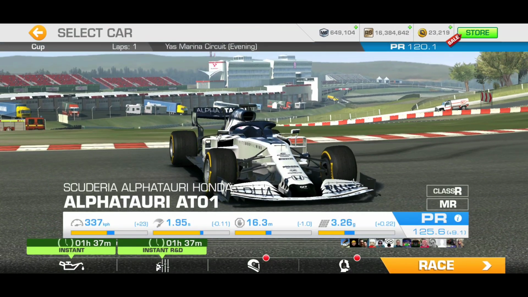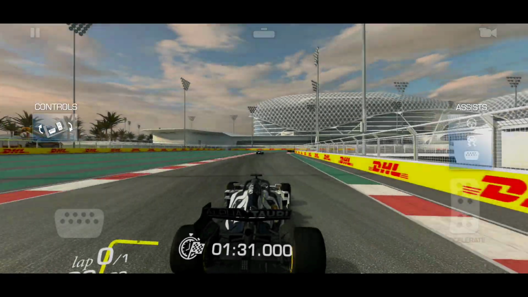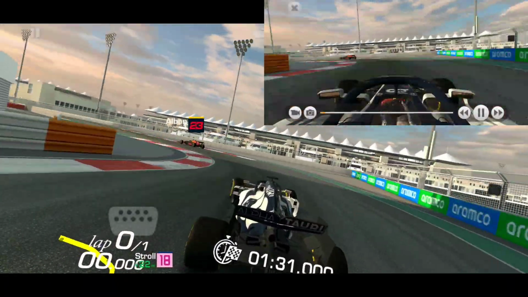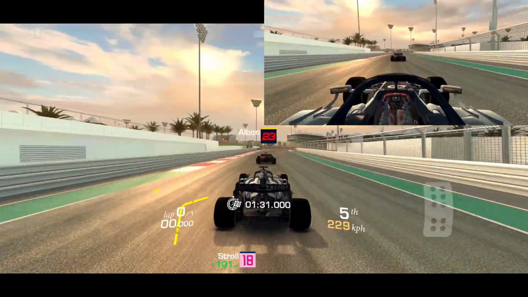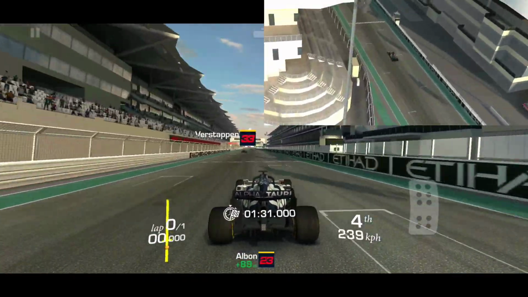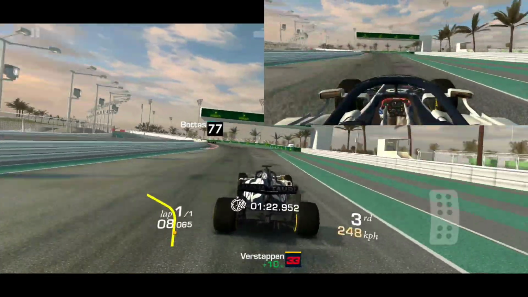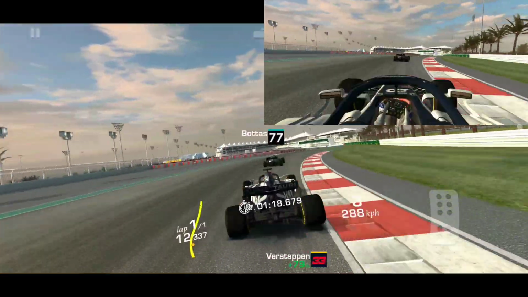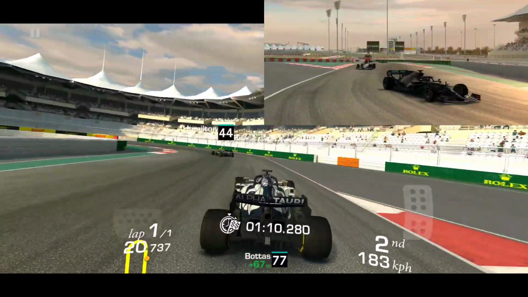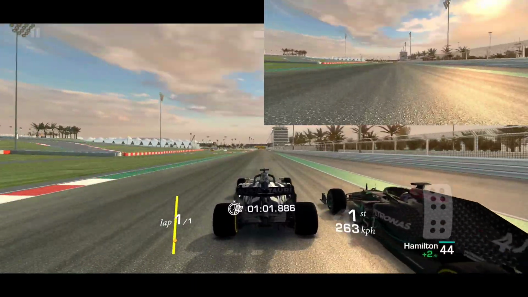So final goal of stage 3. This time the time to finish has been cut off by 4 seconds, so now it's a minute 31 for the lap, and no damage. They didn't mention anything about off track, but I will try to stay on track and avoid crashing, right? For obvious reason, if you crash, you're done. So yeah, but considering that my lap time so far has been well under the limit they set, even when I'm racing a pretty conservative line, I don't see any reason why minute 31 would be difficult